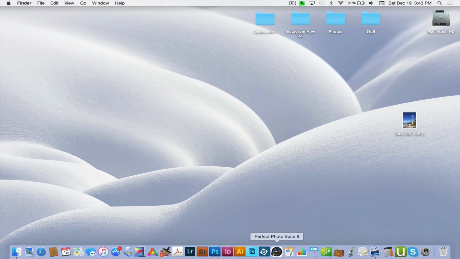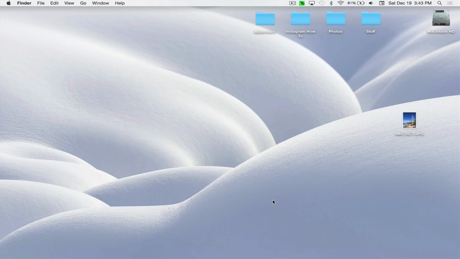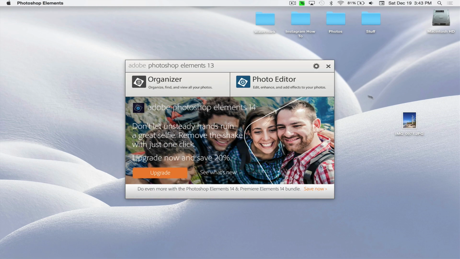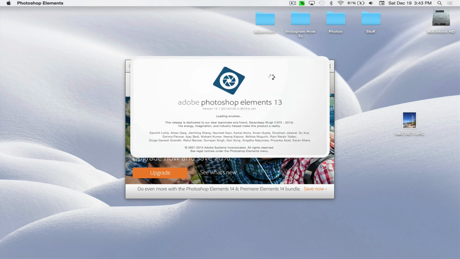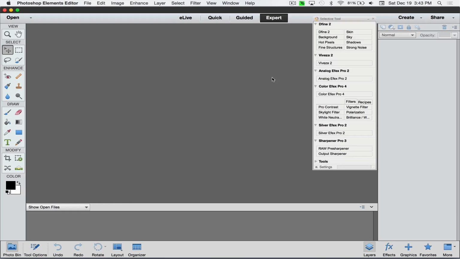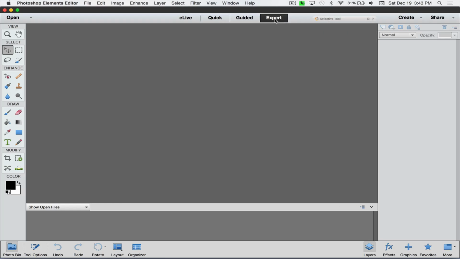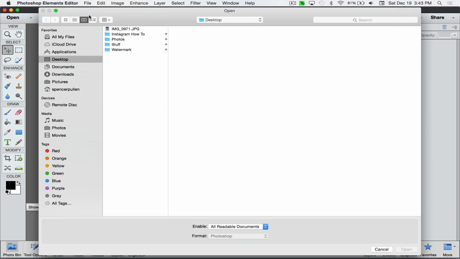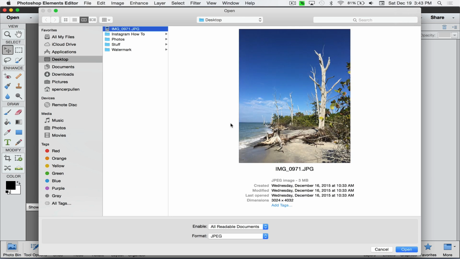So I'm going to go ahead and launch Elements. I've got 13. If you have 11, 12, 13, 14's out now, that'll totally work. So I'm going to go ahead and choose the photo editor, and we're going to be working in the expert mode up here, expert. So we can easily just do File, Open. We'll bring in that photo that we just downloaded,